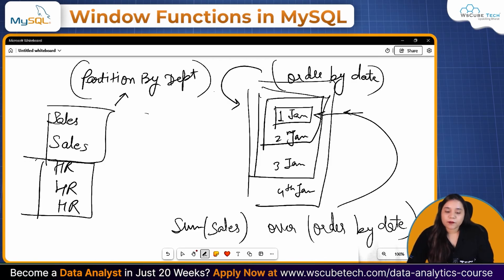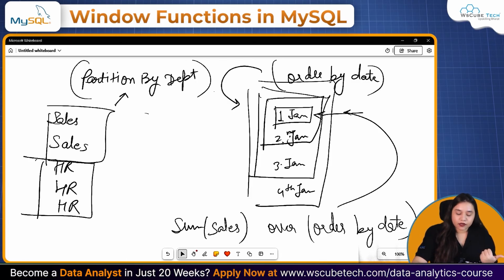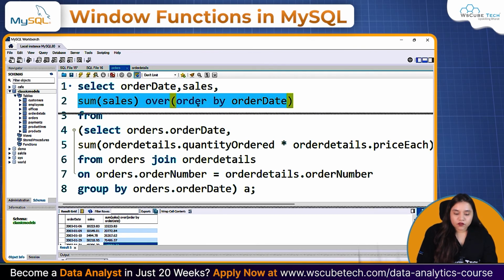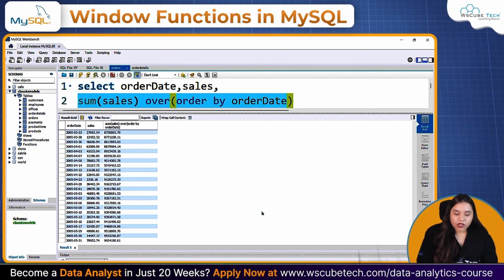Our second one will be the cumulative sales of 1st and 2nd January. Our third one will be the cumulative sales of 1st January, 2nd January and 3rd January, and so on. The cycle keeps going till we reach the end. So even if I show it to you in MySQL, this is how it would look towards the end. If I scroll down, our overall sales is 96 lakhs,